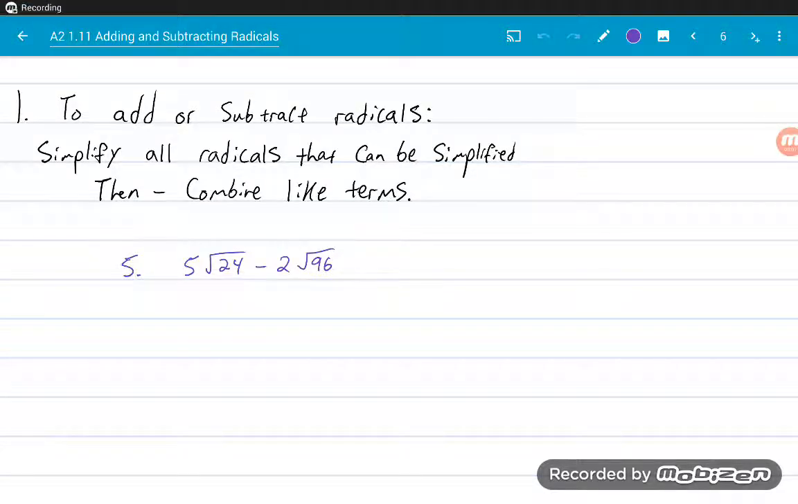Okay, so here's a walkthrough on adding and subtracting radicals. The answer to question number 1 on our handout today was, how do you add or subtract radicals? Our answer was, to add or subtract radicals, simplify all radicals that can be simplified, then combine like terms. Now, the thing you need to take into account when you do these questions, we're going to start with number